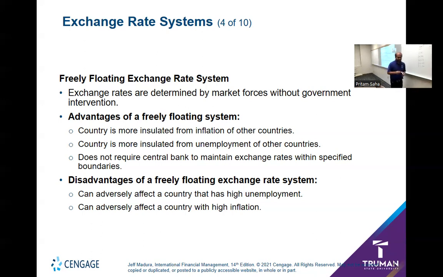Inflation in one country can force consumers of that country to buy goods and services from a foreign country, which is going to increase the demand from the foreign country. As a result, the country that is having low inflation right now may see that they have higher demand from abroad because products are cheaper in their country. They can raise the price for more profit. Makes sense? So that is also a problem of free float systems, spillover.